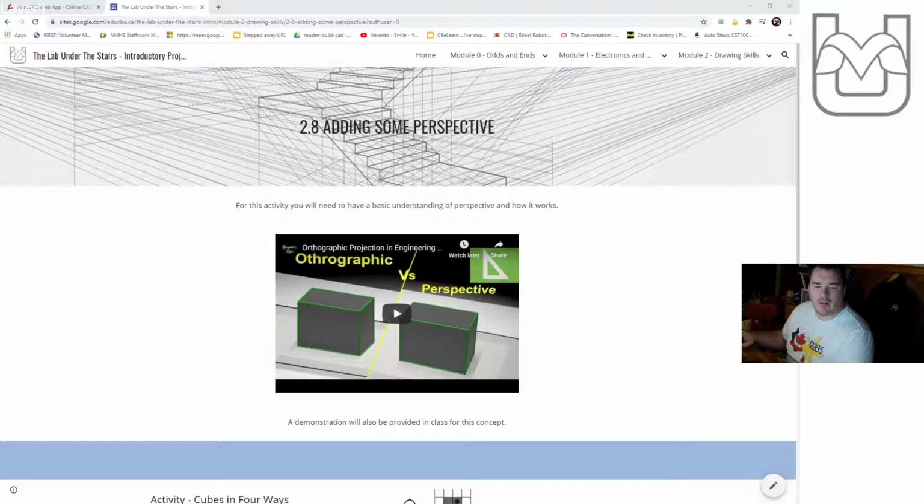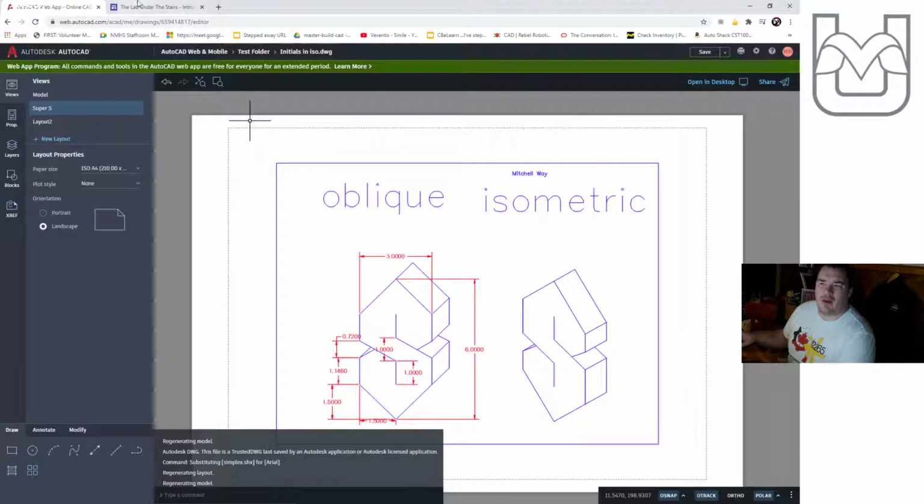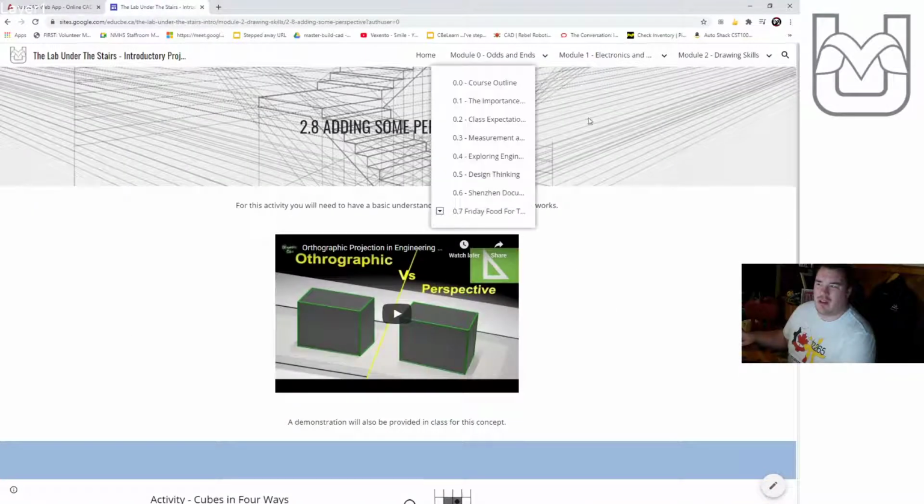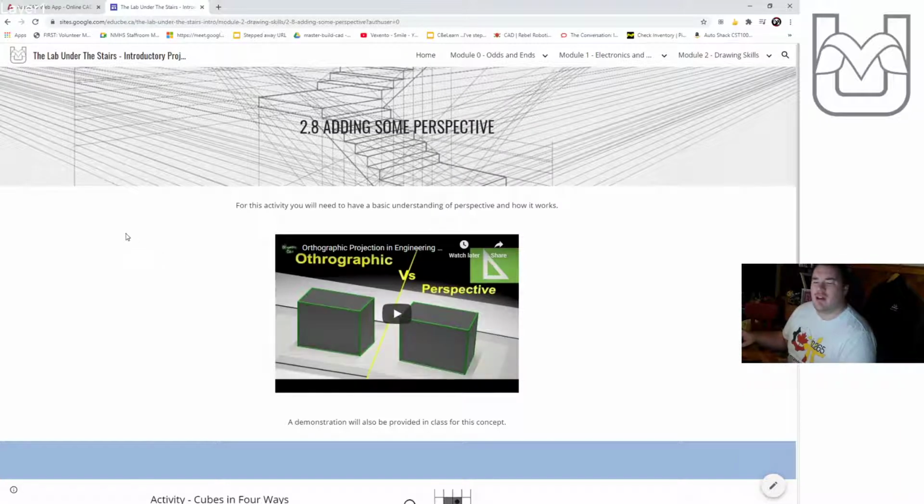Wonderful morning at this point, and we are here at the end of November talking a little bit about AutoCAD, hopefully teaching you something about the next stages in our course here. Today we'll be using the AutoCAD Web App. We're going to be using the Lab Under the Stairs, obviously, for your assignment, and we're going to be talking